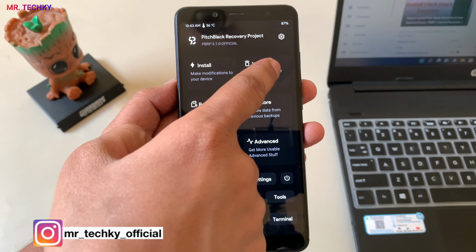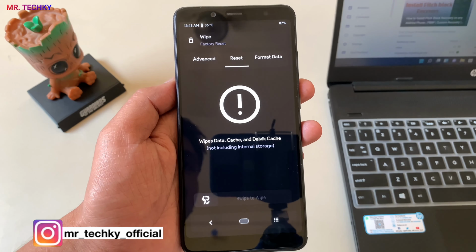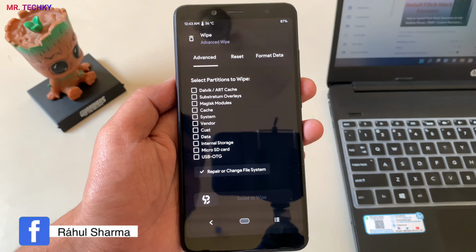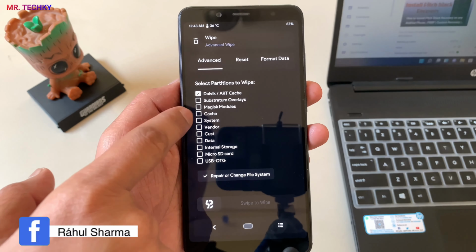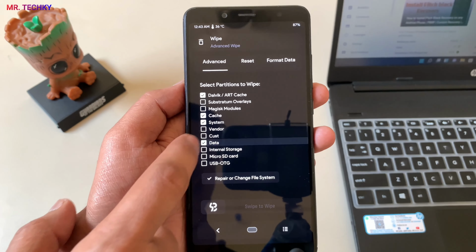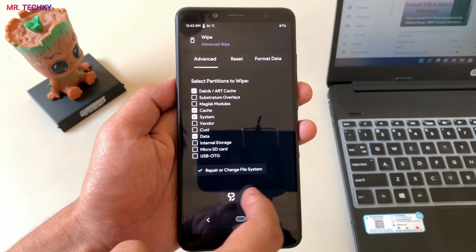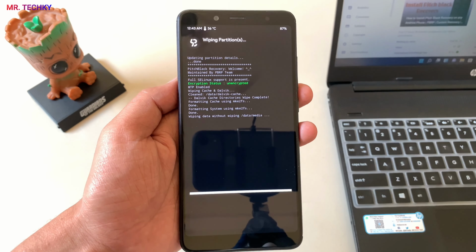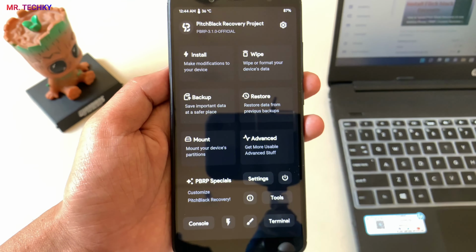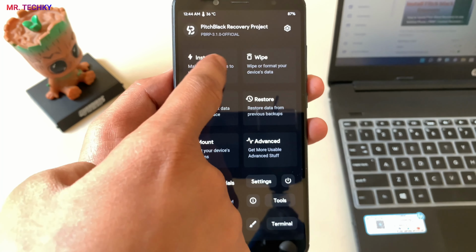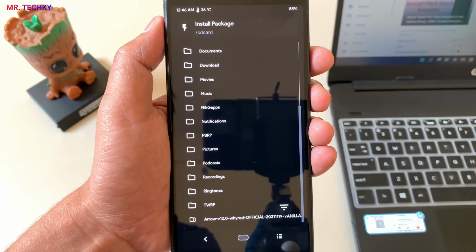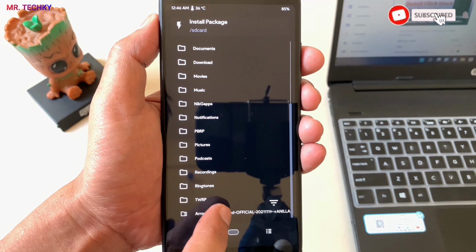In the recovery mode, you need to wipe cache, data, system and Dalvik cache. Now, click install and navigate Aero OS custom ROM, and after flash it in your device.